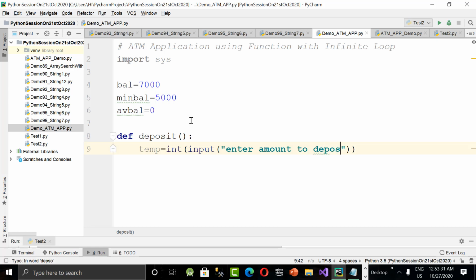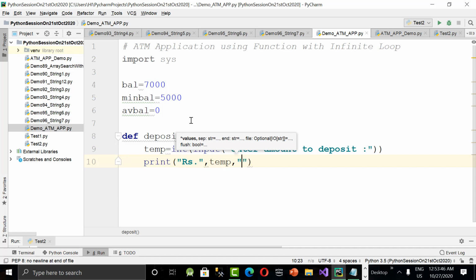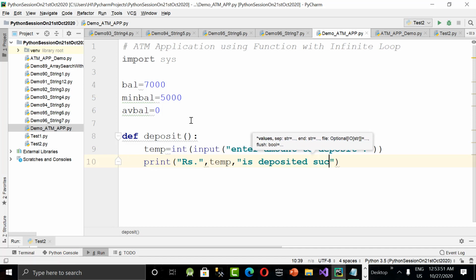This is the message I wanted to show. The user will enter some amount, which will be available in the temp variable. Now we need to show a message saying how much amount is deposited. So Rs temp, whatever amount we are giving, is deposited successfully. Like this I'm showing.